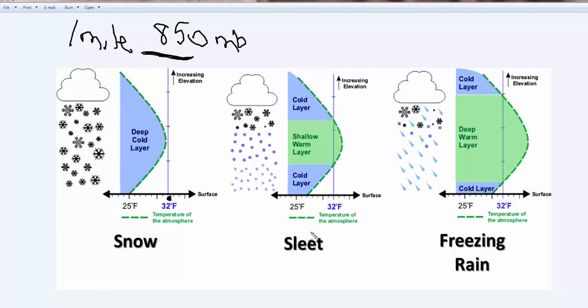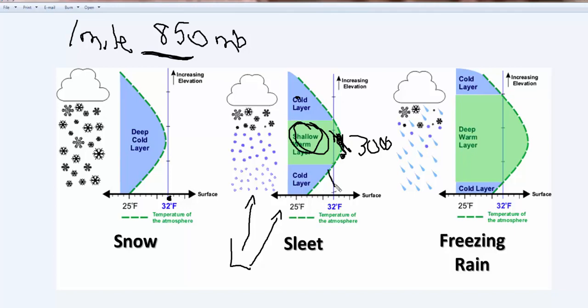Now, sometimes what happens is you can get a little bubble of warm layer in here. Let's say the system is coming up from Georgia and it's tracking up into, let's say, West Virginia. So that brings up southwest winds, and what happens is it creates a warm level here at the mid levels. So it's snow here, then it goes above 32 degrees, let's say about 3,000 feet or 2,000 feet, and as a result it changes over to rain. So now we have rain, okay? Just plain old rain, rain, rain, rain.